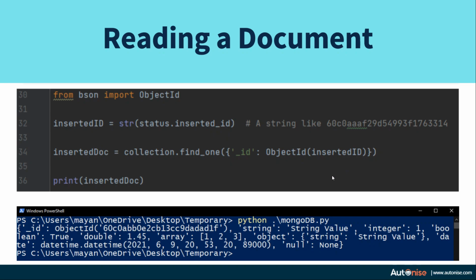When you pass this dictionary as an argument to find_one, it will find the one document which has the ID corresponding to the value given over here, and it will return the inserted document as the return variable. And then you can print the inserted document to check the data that you get. So I created a program and ran the code, and you can see that we got our dictionary which we had inserted earlier inside inserted_doc.